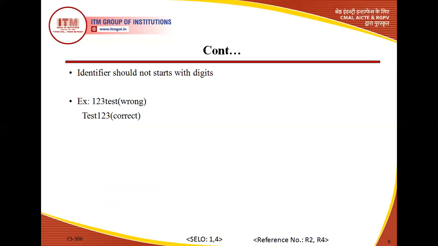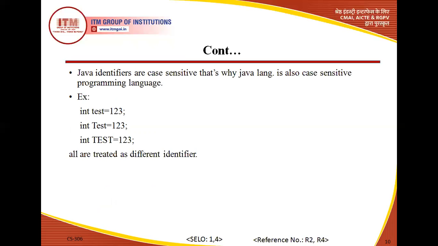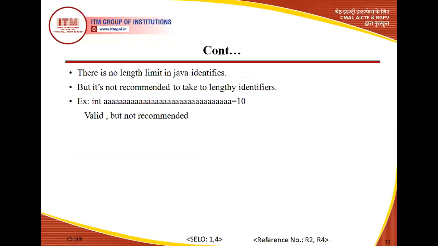An identifier should not start with a number, like 123test is not allowed. It's wrong. Identifiers are also case sensitive. This is an important point that I just left. For example, test123 with all small letters is different from Test123 where the first letter is capital, and from TEST123 where all is capital. All these tests are different, they are not similar. Clear to everyone?